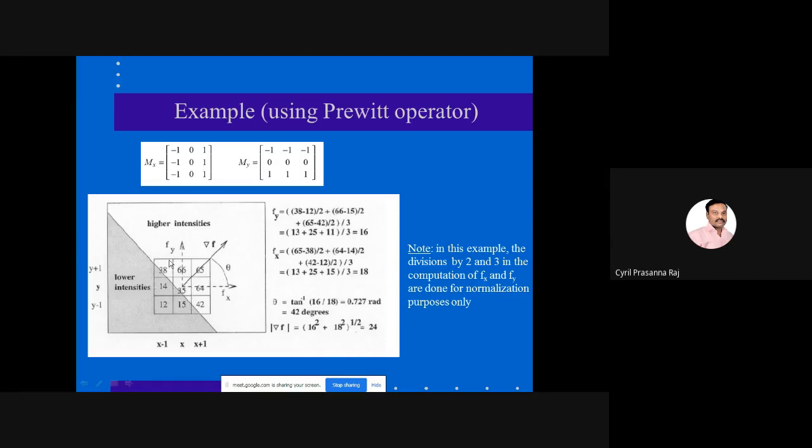Please understand, you are placing the mask on this entire 3x3 matrix and identifying the pixel value at the middle of the image. So instead of 35, now it will be equal to 16, along the x-axis, y-axis.